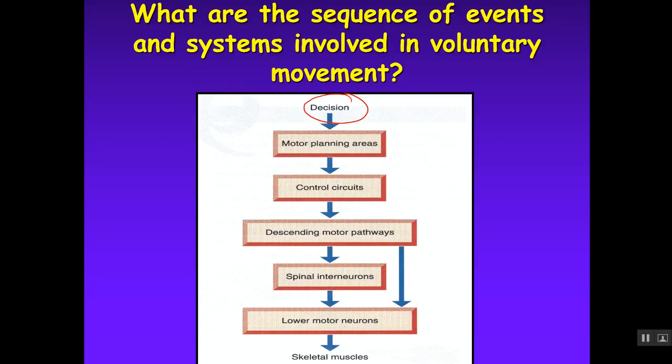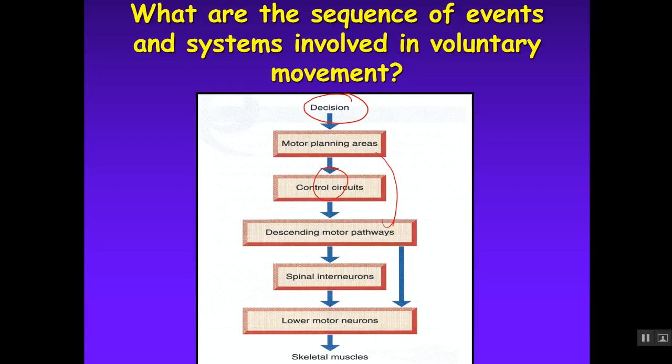So conscious movement doesn't just start directly down and go directly to that anterior horn cell. It actually goes through a little loop through the basal ganglia, back up to the cortex to finally release the signal to go down to the anterior horn cell. So it has to go through this basal ganglia cortical loop before it actually does that. We'll get into that when we get into the basal ganglia, but once you've been processing the control circuits and then you've told the motor planning and the primary motor areas to go ahead and release that